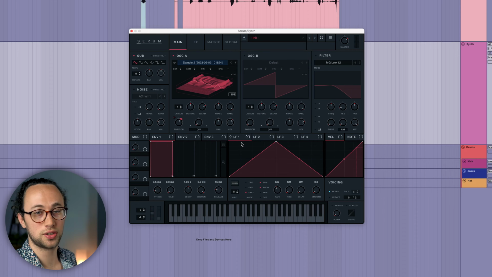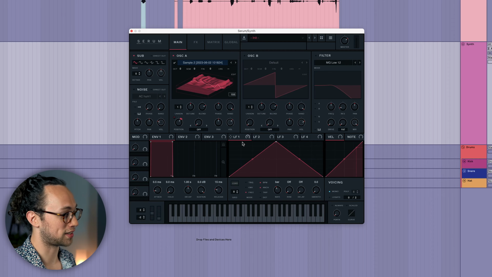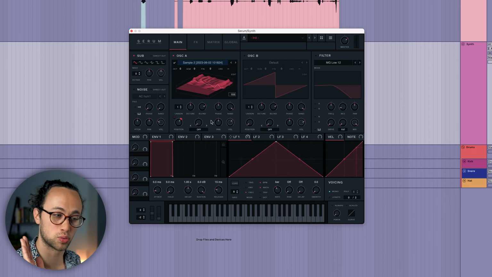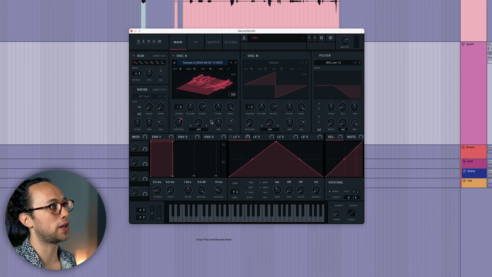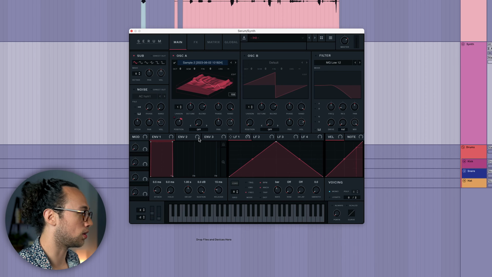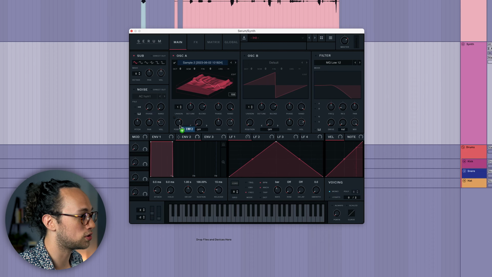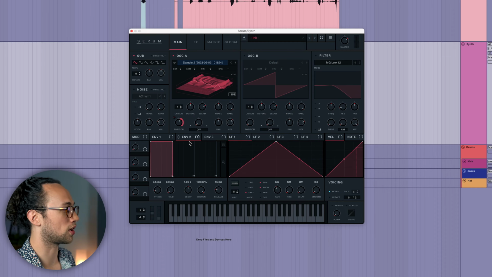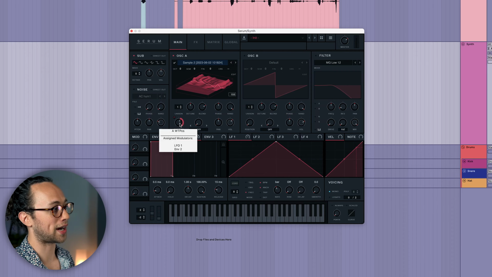Now, another thing that we can do too, while we keep our LFO intact, is to add an envelope to the wavetable position so that it cycles really fast, almost like you're playing through the audio file, but just with the pitch from your bass. So if I added envelope 2 to the wavetable position and it kind of starts at the end and pulls back towards the beginning,